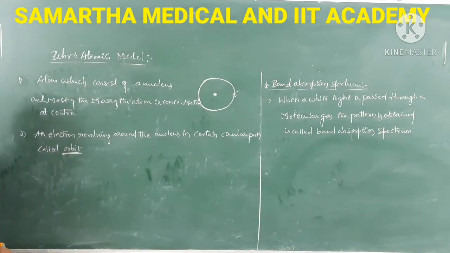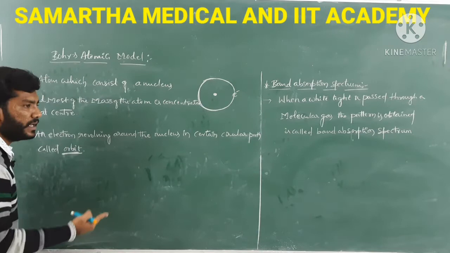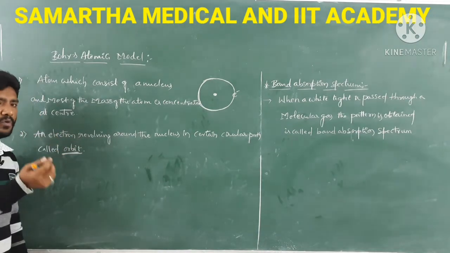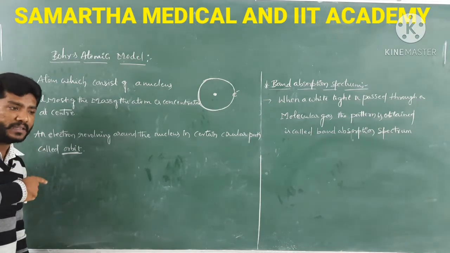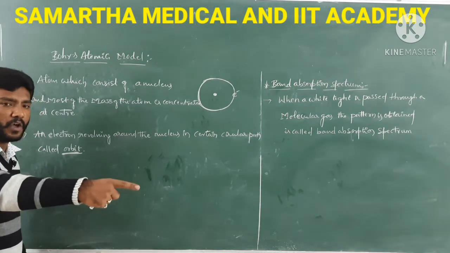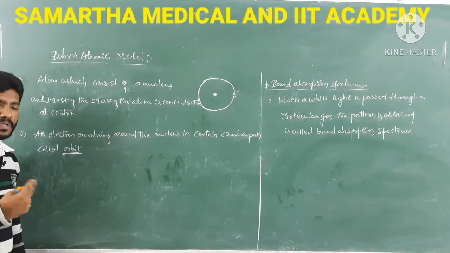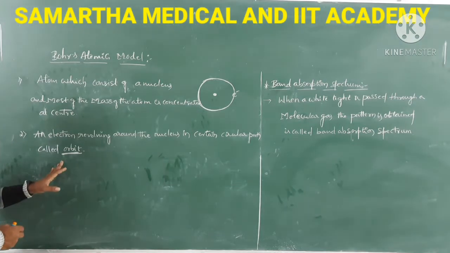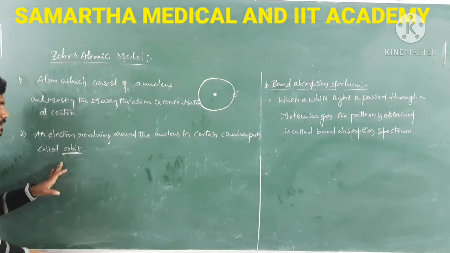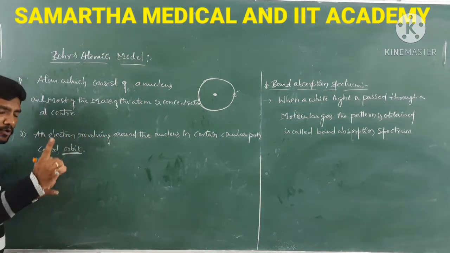Since the electron which is revolving, which is rotating, is a charged particle, it has to have one particular character, that is angular momentum. At the same time, any charged particle moving along a straight line should have a linear momentum. We should know the contrast between angular and linear momentum. So since it is revolving around the nucleus, it should have an angular momentum